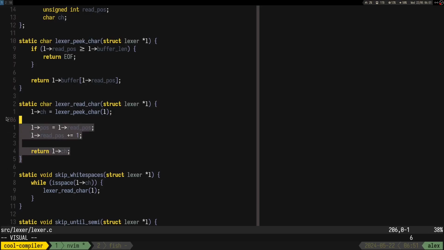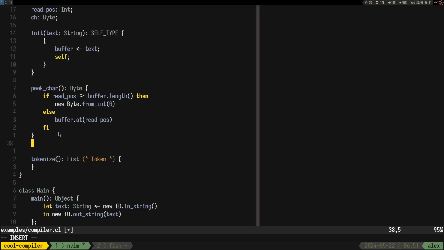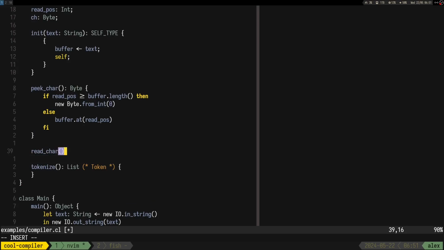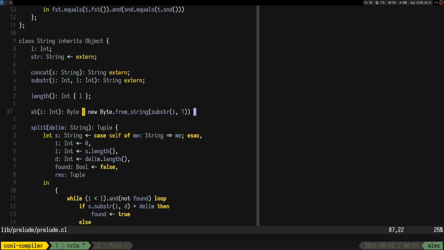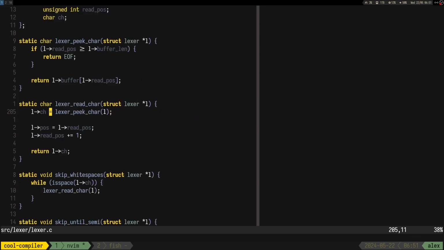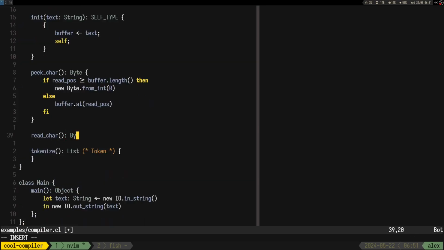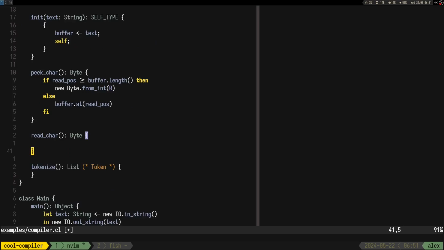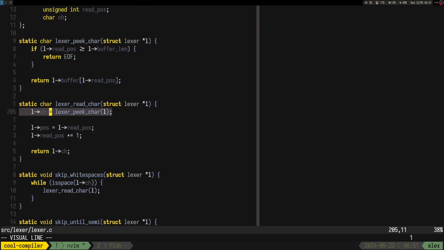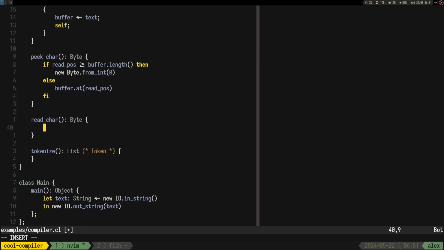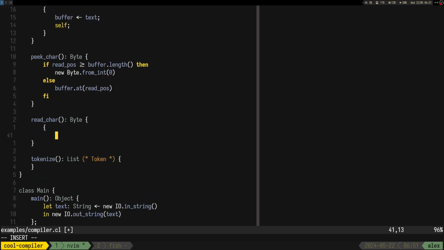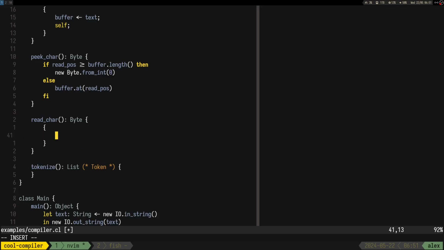Okay, for the next one, this one is read character. So let's do read char. Again, I think we should return a byte. Okay, and here what we do is read a character, and then we advance the lexer. So we are going to have a block this time for real.